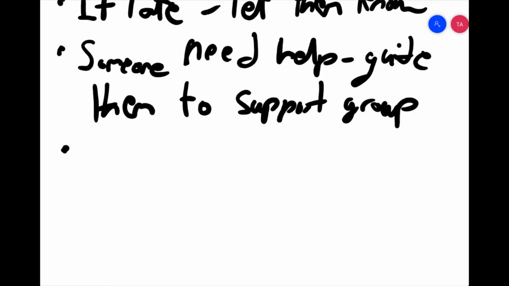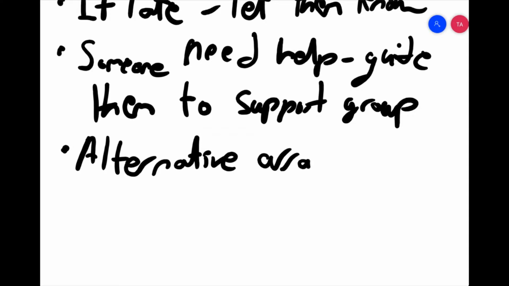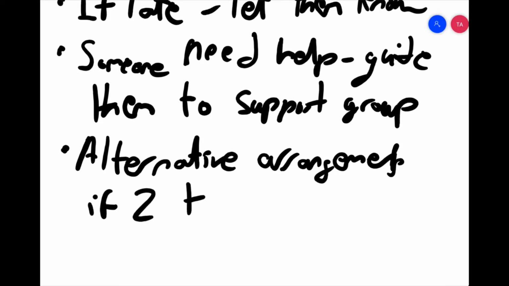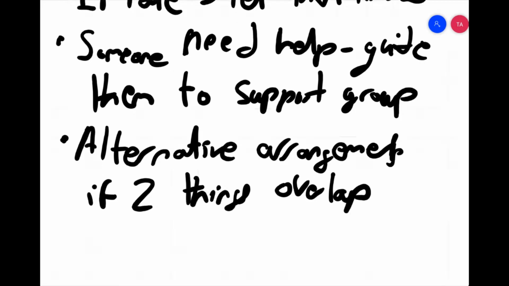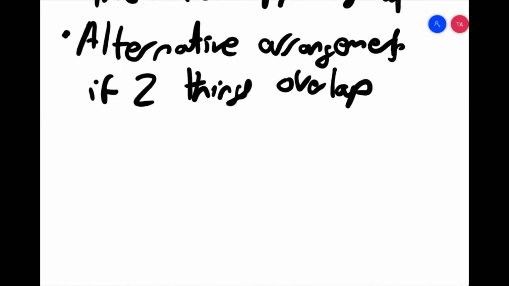Next is that you should make alternative arrangements if two things overlap. So for example, if you have to attend a seminar but you've also got a dissection and the two both overlap,